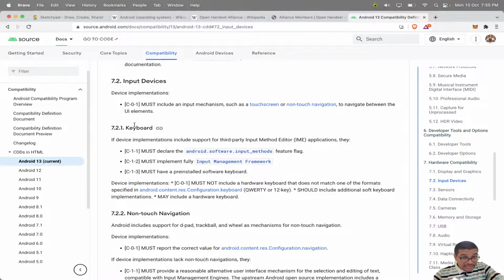Now see, device implementation must include an input mechanism such as touchscreen and non-touchscreen navigation to navigate between the UI elements. See, keyboard: if the device implementation includes support for a third-party Input Method Editor, IME, they must declare the android.software.input_method feature flag,